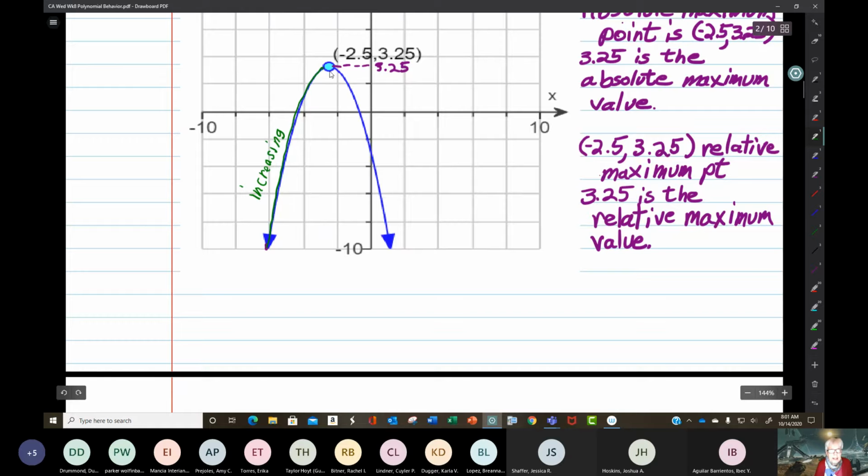And the part of the x-axis that is increasing is up to negative 2.5, and since this goes on forever, from negative infinity all the way in to negative 2.5, you've got increasing. So the interval of increase